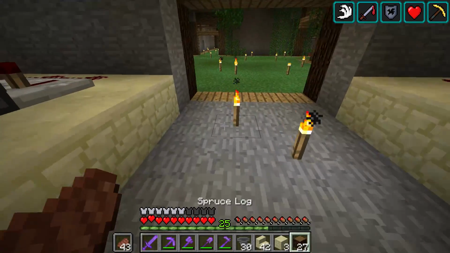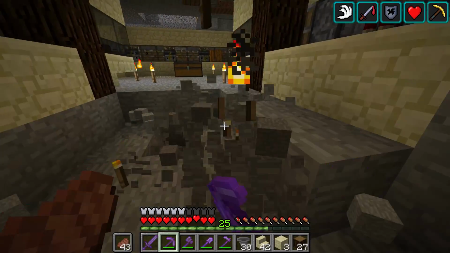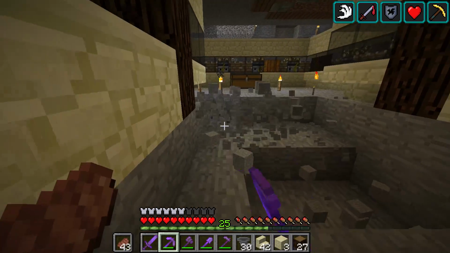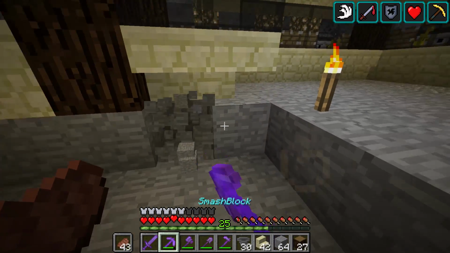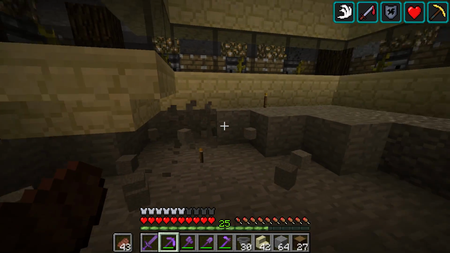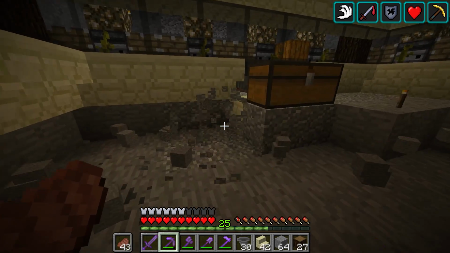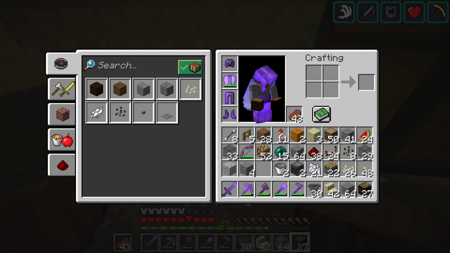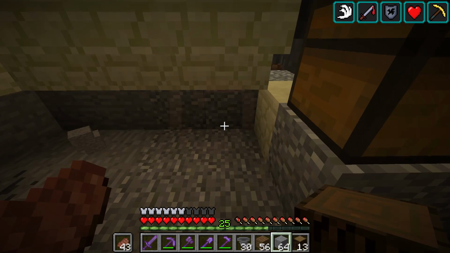We'll probably change out the floor for oak wood. I think that goes pretty well with the sandstone and the spruce. But we'll go ahead and change that out really quick. Actually, I think what we're gonna do is we'll put a border of spruce wood around. So we'll put a border of just this,